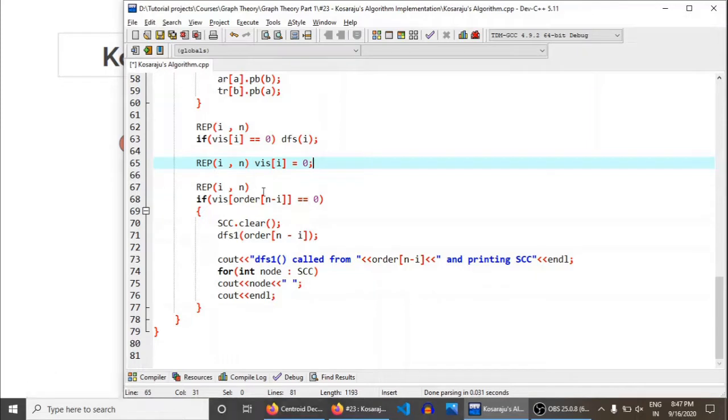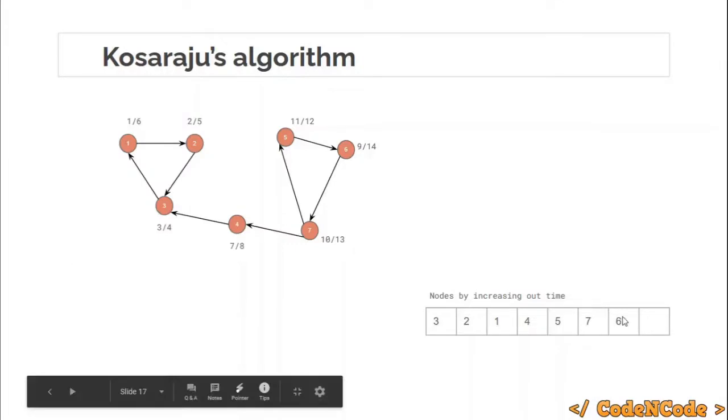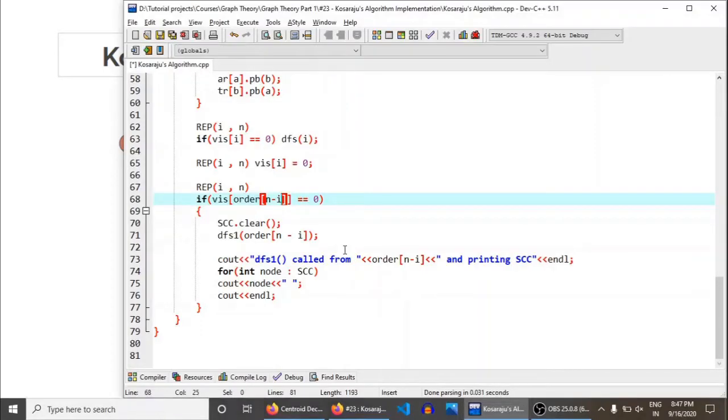This REP is a for loop which is done from 1 to n. So I'm starting from the very last node. I'm checking the n minus ith node. When i is equal to 1, I'm checking for this, and when i is equal to 2, I'm checking for this, and so on. So basically I'm starting from last. If that node is not visited, SCC is a list I'm using to store all of the nodes of a strongly connected component. Since we are going to find a new strongly connected component, I'm clearing the list from the previous strongly connected component,